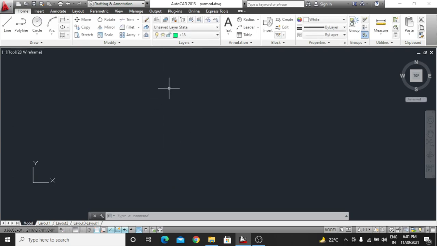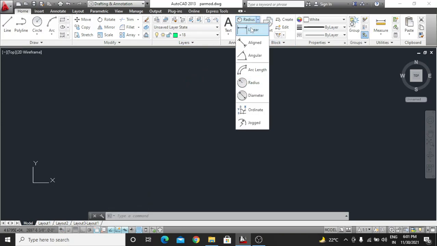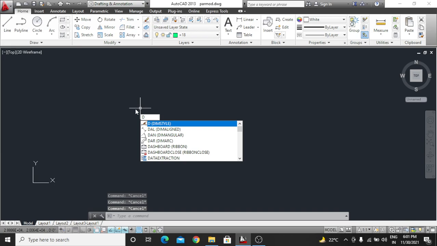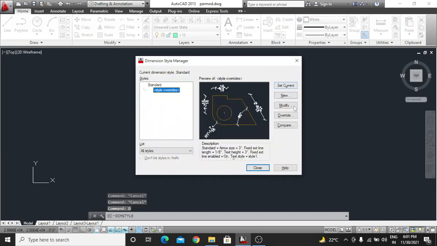Here is another thing. You need another tool that is called dimension with the parallel. Okay guys, for the dimension you again have to set up the dimension settings. So enter D, enter, modify.